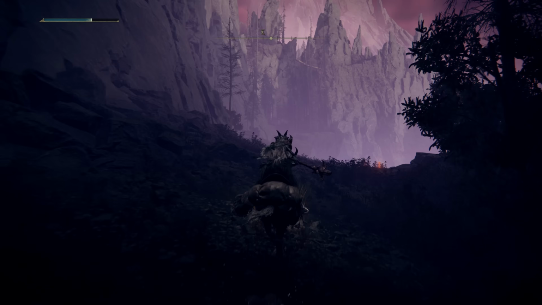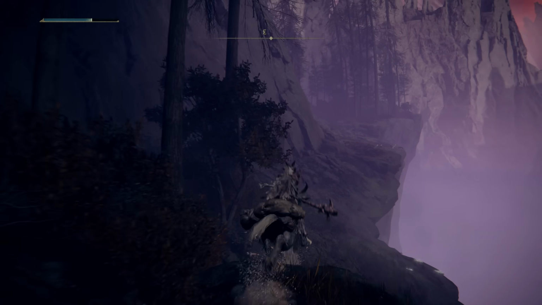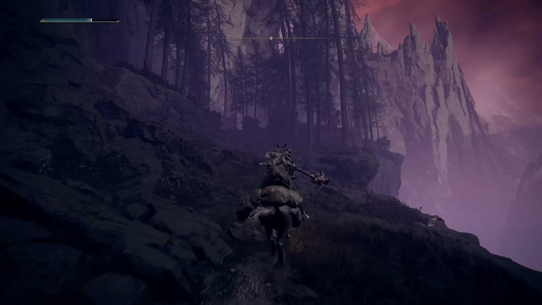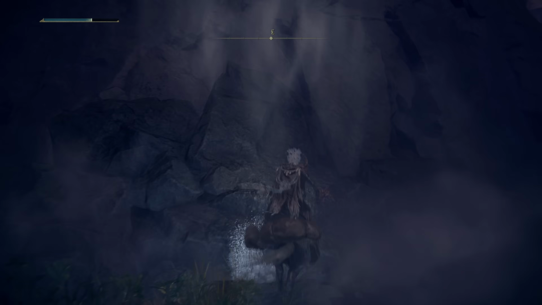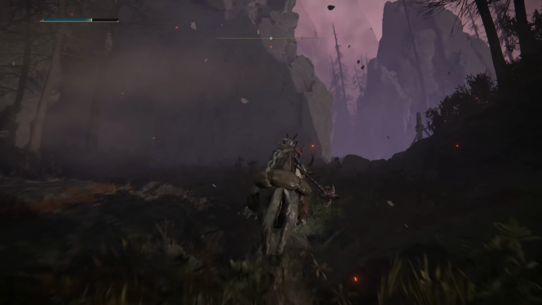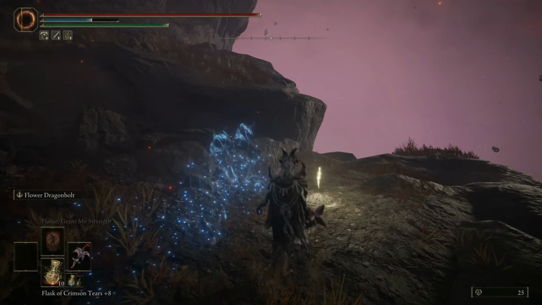Once you reach that lake, you want to start heading to the east and up the mountain. There's really only one way for you to go. You'll eventually come to a bridge, and you'll reach a new site of grace called Foot of the Jagged Peak. From the Foot of the Jagged Peak site of grace, you are just around the corner from a big dragon